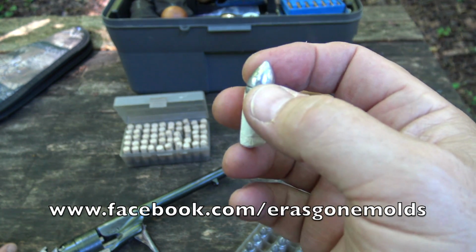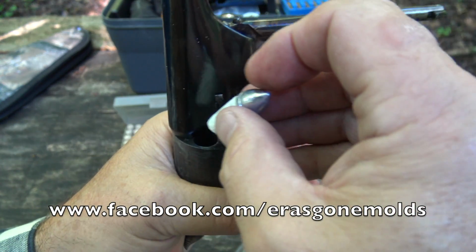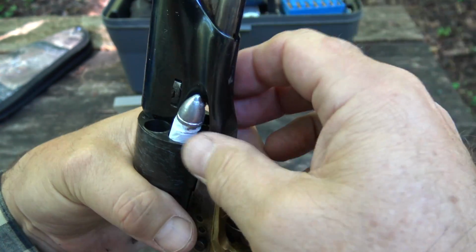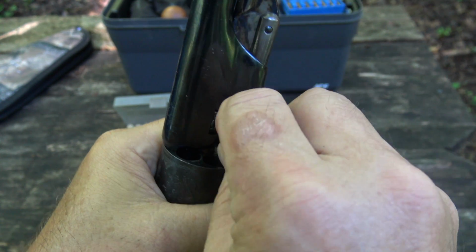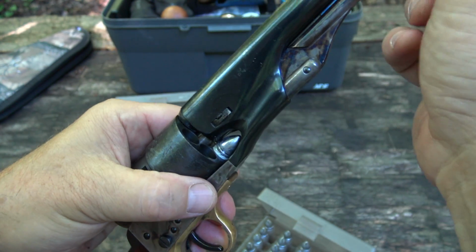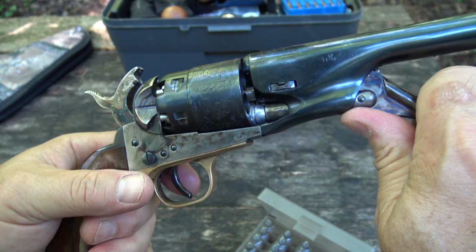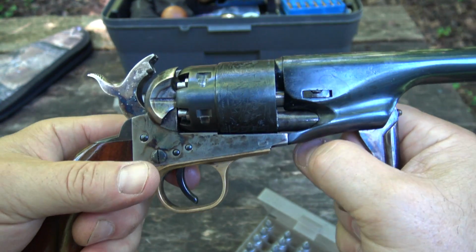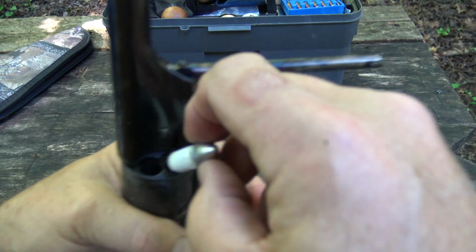These have a very long ogive, so you really have to seat them pretty much as far down as they can be seated, and that's why you can't use the heavier powder charges that you can in some other cartridges. I've loaded some with other bullets where you can get up to 30 grains and be able to load them. You can do about 28 grains with these. But that long point on the bullet has got to be seated about as deep as it can to get by. I'm going to load 5 of these,